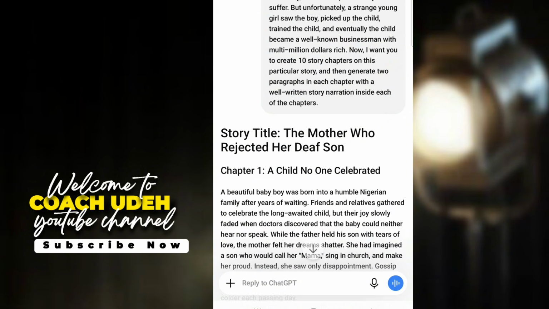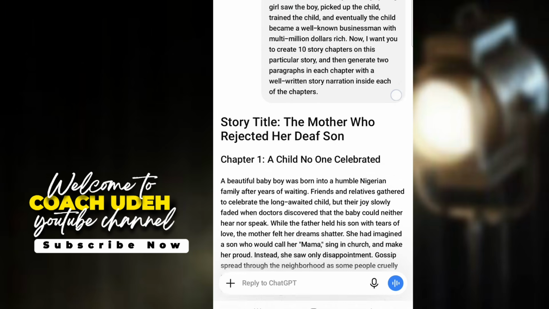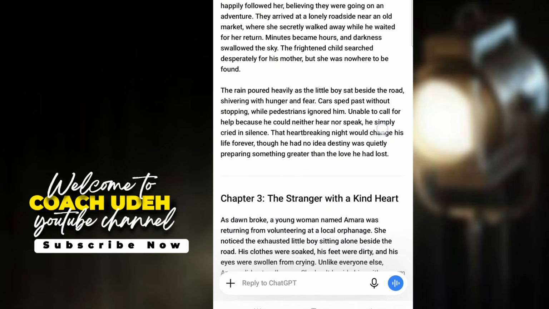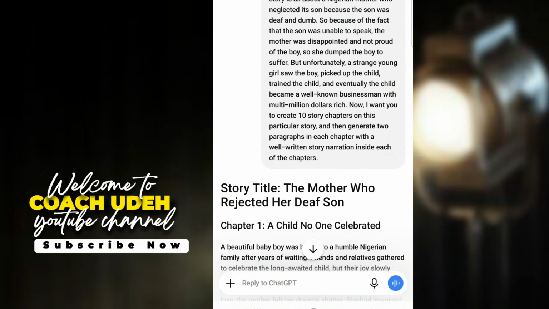The same thing is applicable to dialogue. If you want to create a dialogue story, all you need to do is come at the ending part of this prompt and indicate you want dialogue and no narration should be added to the story, and automatically this AI is going to generate a full dialogue story for you. Do you see that? Good. Now that is that about that.